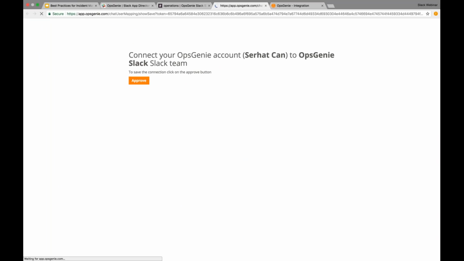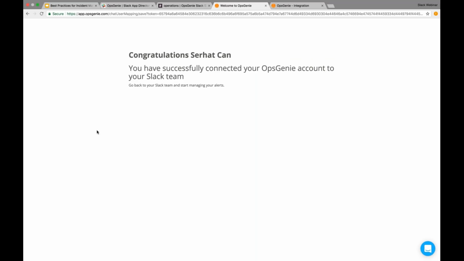We click the button and we approve the operation. So basically, we want to connect the Opsgenie account Serhat Can, who is the user in Opsgenie, to the Slack team. Now, when I approve,